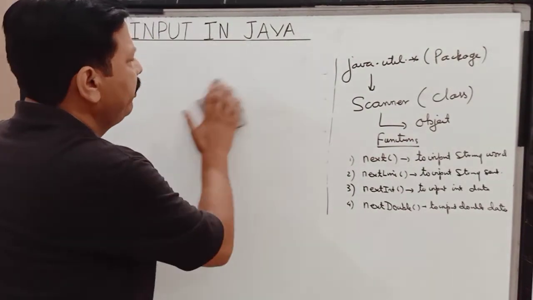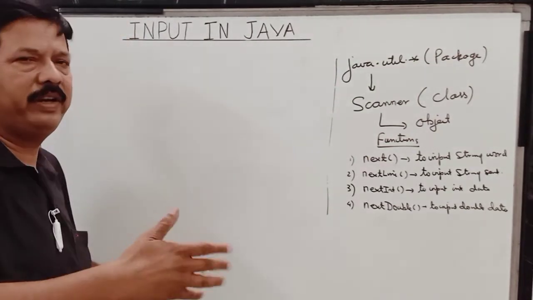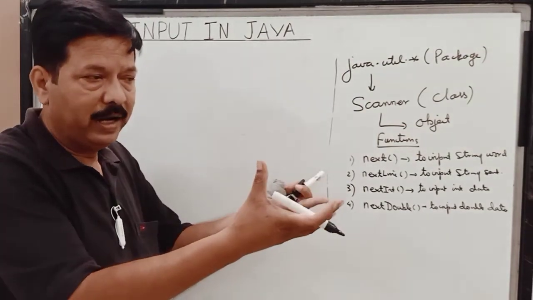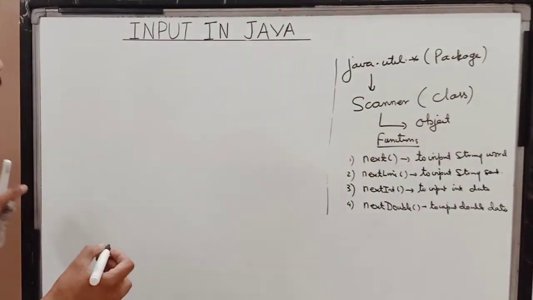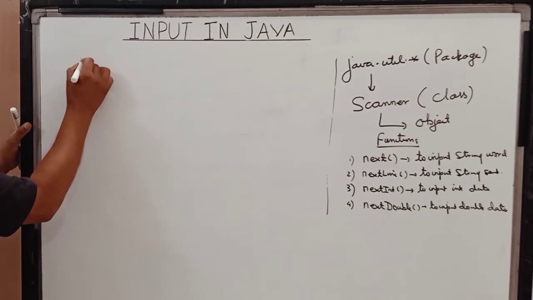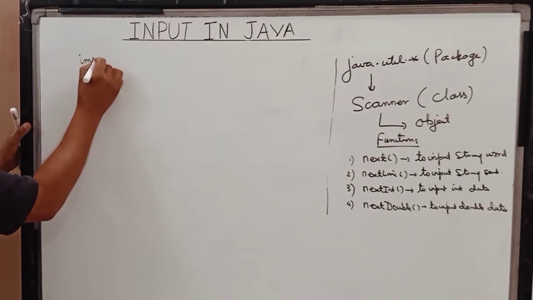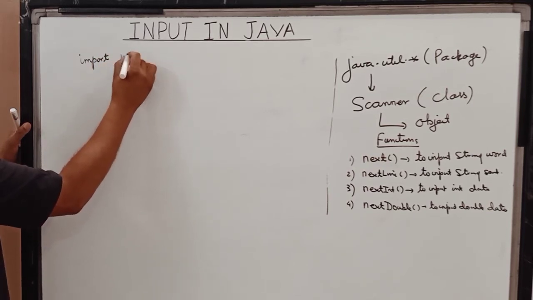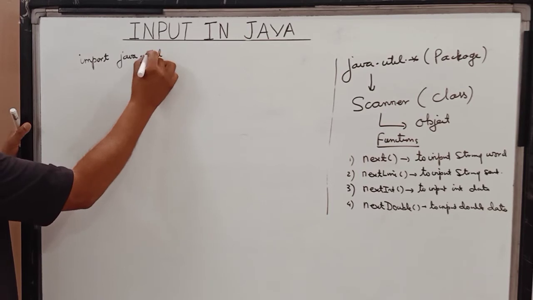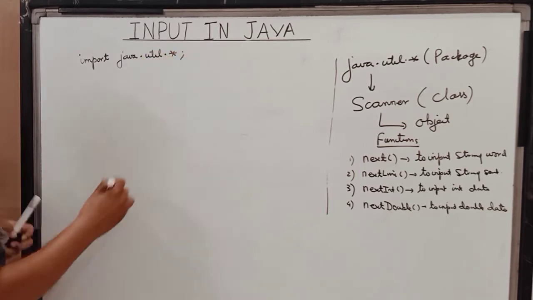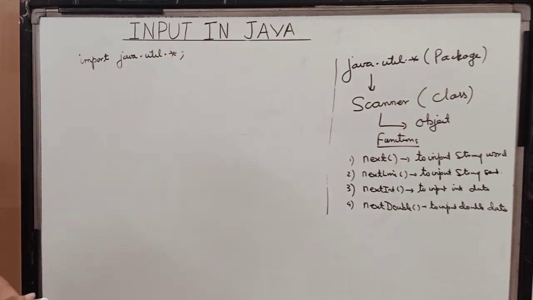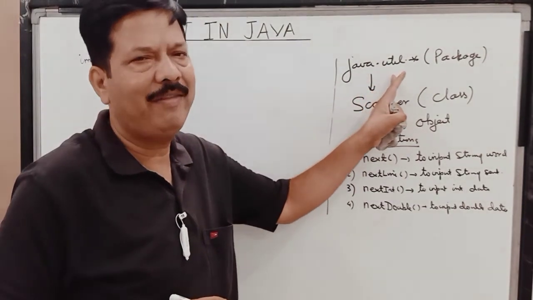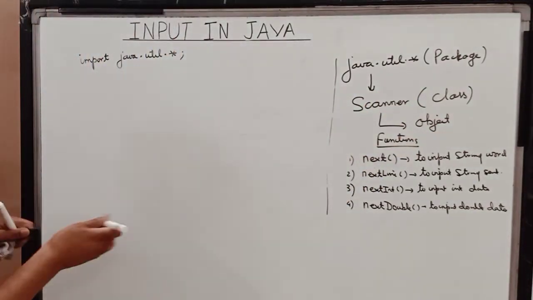So, children, since this Scanner class is available to us in a different package, that package is not accessible to us. So to connect that package to our class, we have to first import. We have to use this statement import. This is a keyword. java.util.*. So by writing this statement in the beginning, now we have joined this package java.util in the class where I am entering.